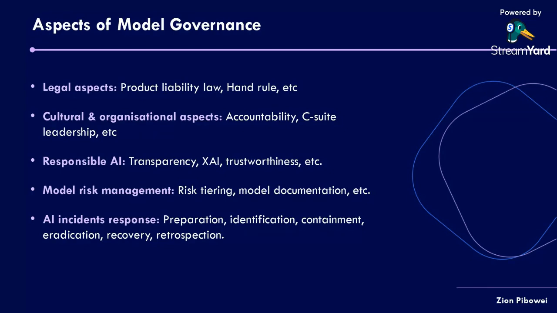So we have the legal aspects where we want to make sure that we follow every legal approach. Otherwise, if you do something, anybody can just sue an organization and say you didn't follow the legal frameworks or legal standards for ensuring our safety, or why didn't you anticipate a particular outcome that the model is producing for us? And they can take you to court. A lot of these big tech companies have experienced these various issues. We have the cultural and organizational aspects where people have to be accountable. These days we are seeing a lot of data leaders in the C-suite, where you have even roles like chief model risk officer. So model risk is actually a thing.